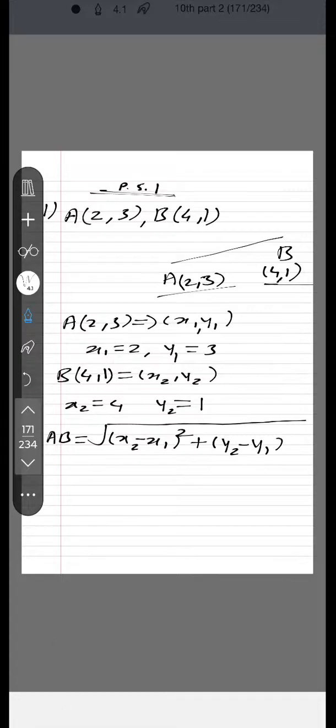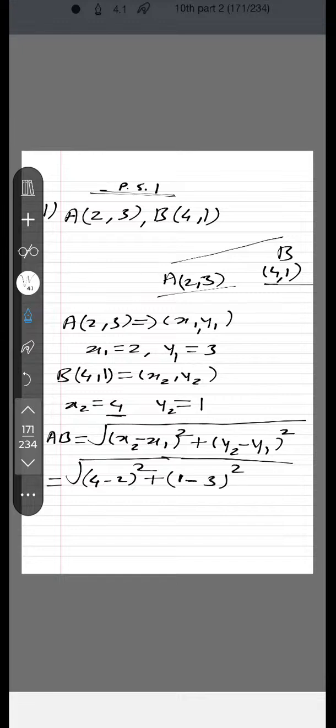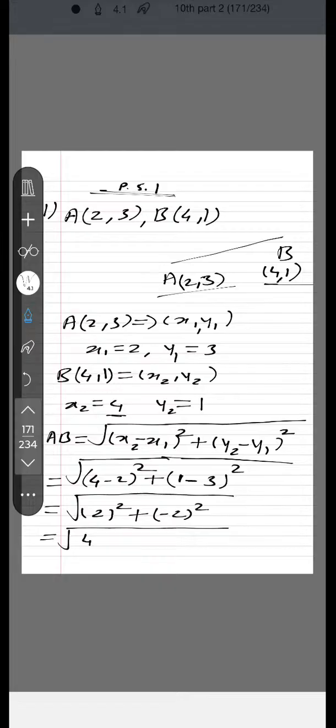So here we have all those values, correct. What is the x2 value? X2 here is 4, so (4 minus 2) squared plus (y2 minus y1). What is the y2 value? (1 minus 3) squared, correct. So which is equal to, in the square root, 4 minus 2, which is equal to what? 2 squared plus (minus 2) squared, which is equal to here 4 plus